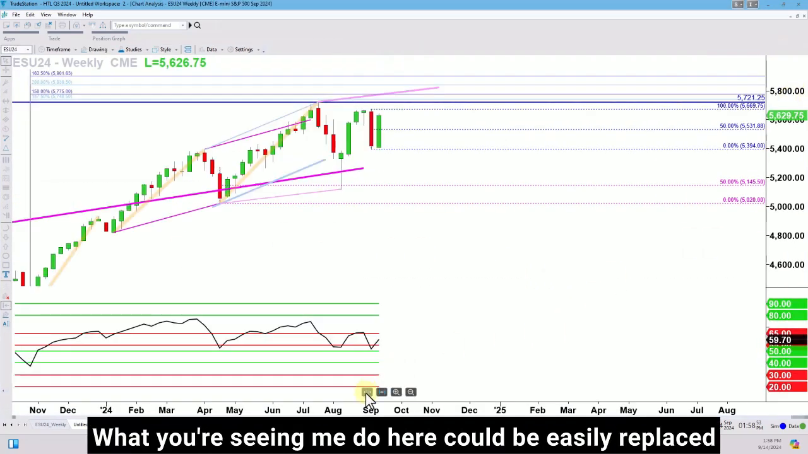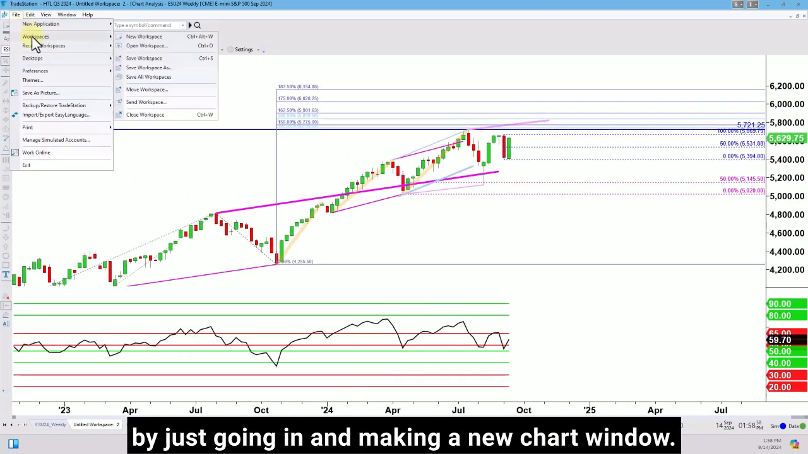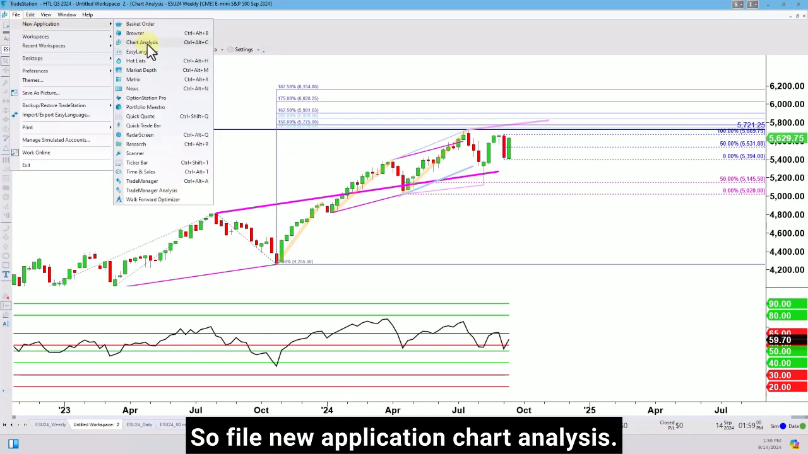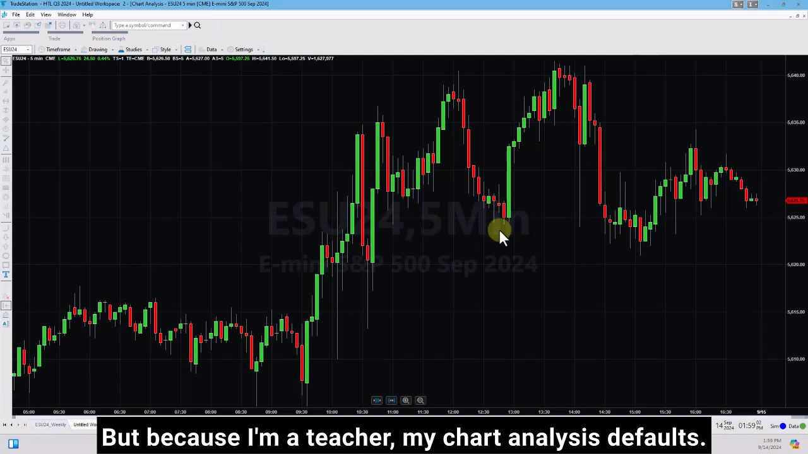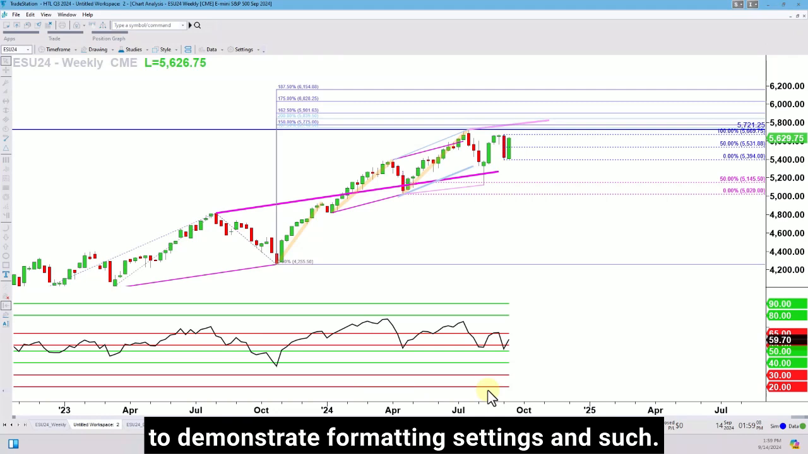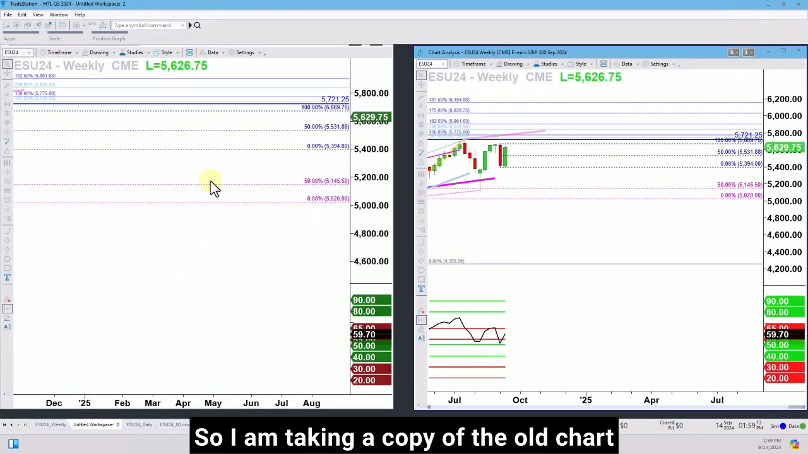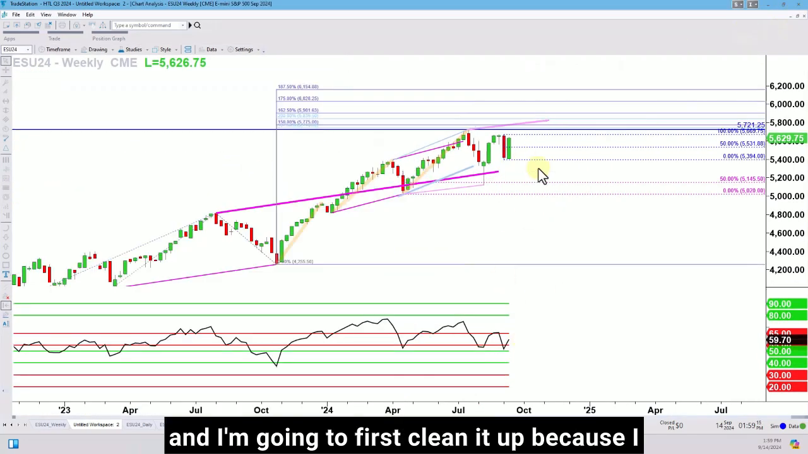Now, what you're seeing me do here could be easily replaced by just going in and making a new chart window. So file, new application, chart analysis. But because I'm a teacher, my chart analysis defaults I keep different because I like to demonstrate formatting settings and such. So I am taking a copy of the old chart and I'm going to first clean it up